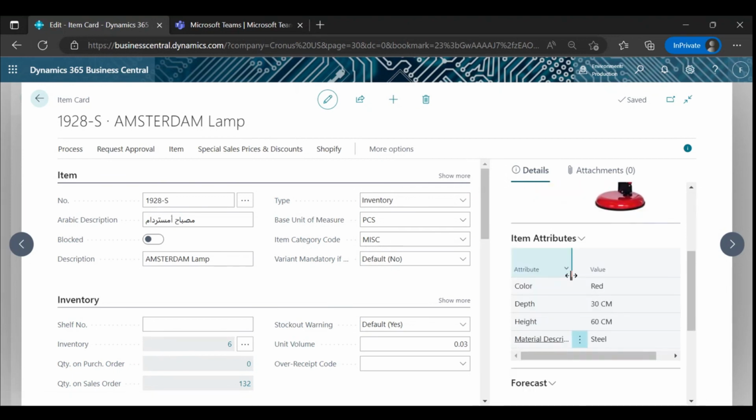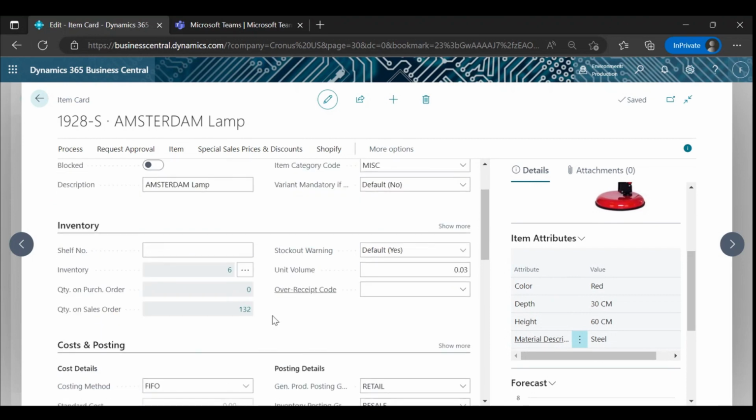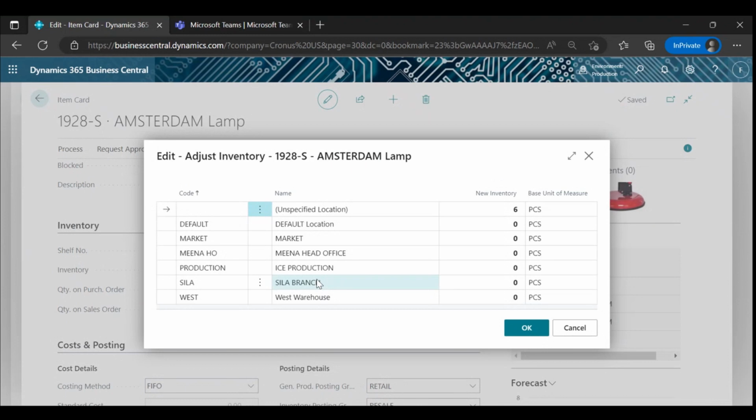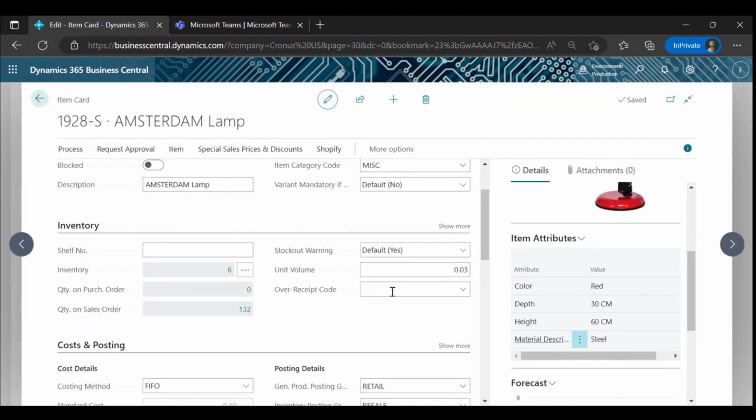Then you have other item attributes like colors, depth, height, material descriptions. Then you have other features. For example, the inventory: you want to see this particular item in other locations, what is my count at this particular time. So you can see, because it's on cloud, it gives you the live data across the system. Other thing is stock warnings. The stock warning basically tells you it is by default yes.